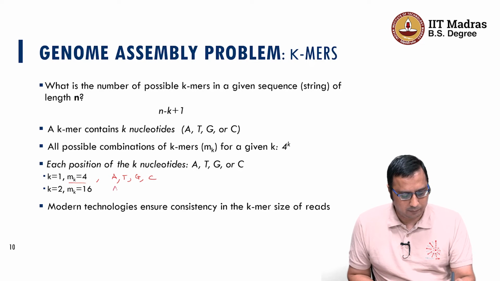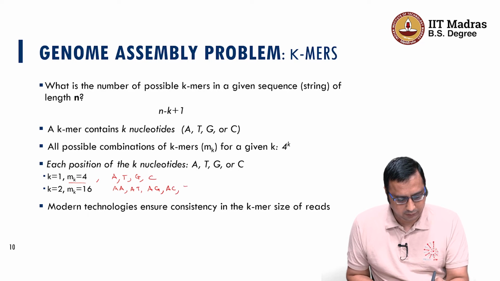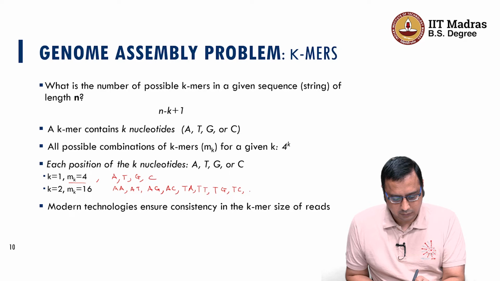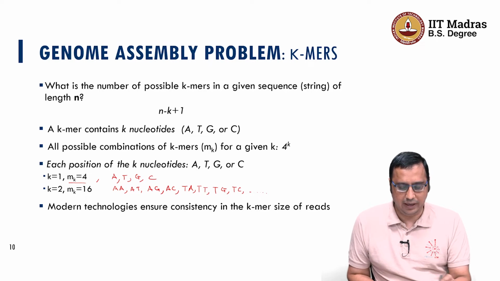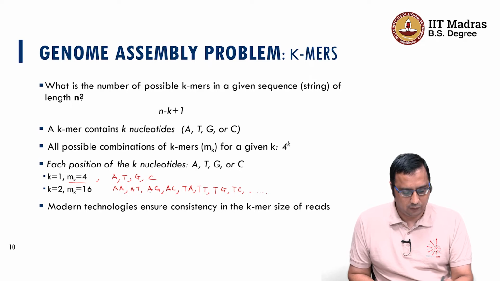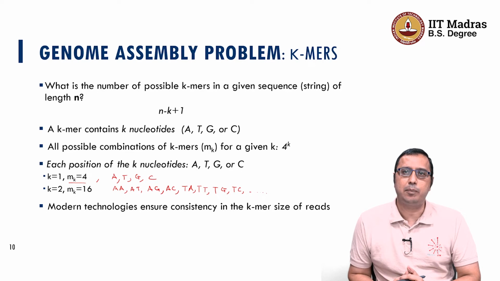I will put some of them, like say AA, AT, AG, AC, similarly TA, TT, TG, TC, and we can henceforth do similarly for G and C. So we have already 8 and same will go for other 8. So we have a total 8 plus 8, 16